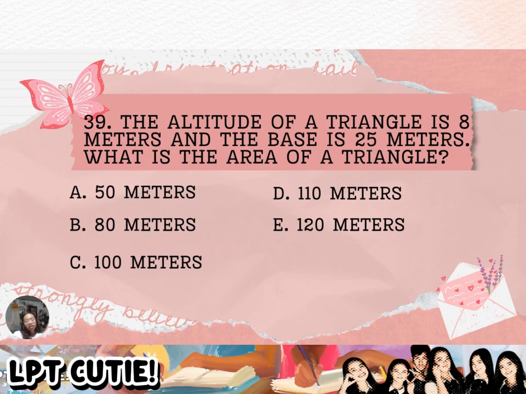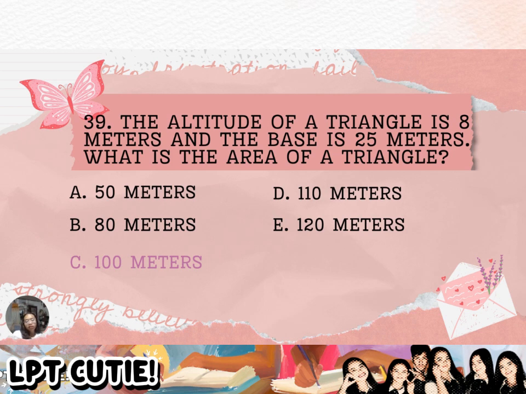Now for number 39, we have here the altitude of a triangle is 8 meters and the base is 25 meters. What is the area of the triangle? Letter A, 50 meters. Letter B, 80 meters. Letter C, 100 meters. Letter D, 110 meters. Or letter E, 120 meters. So the answer will be